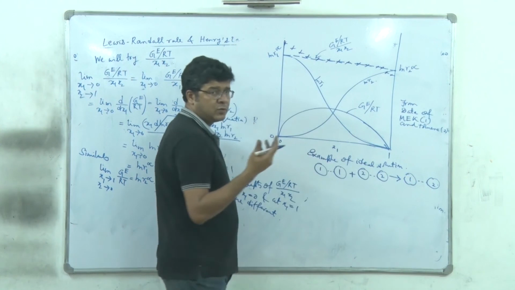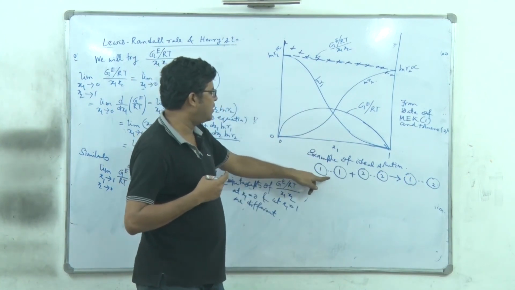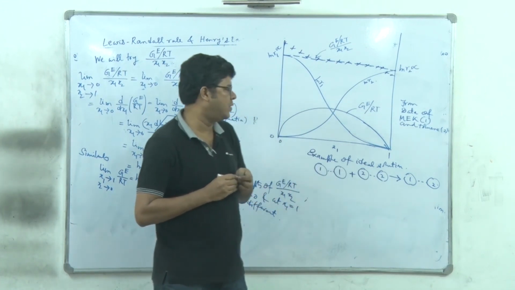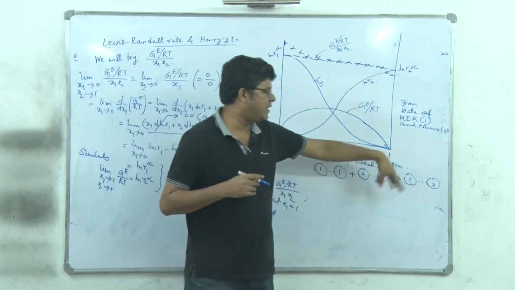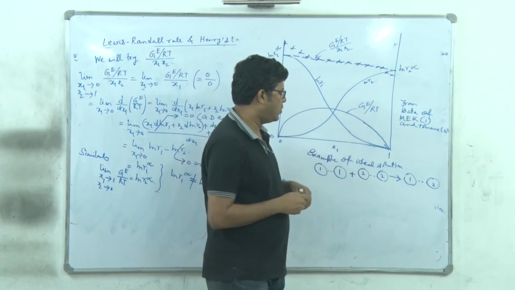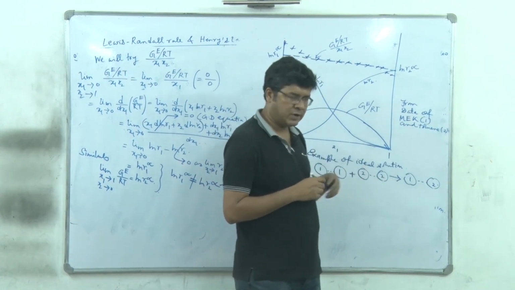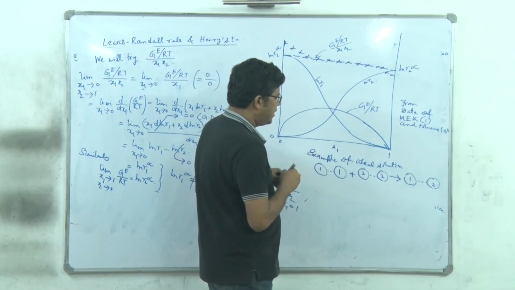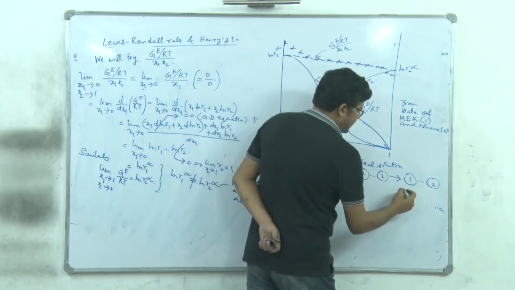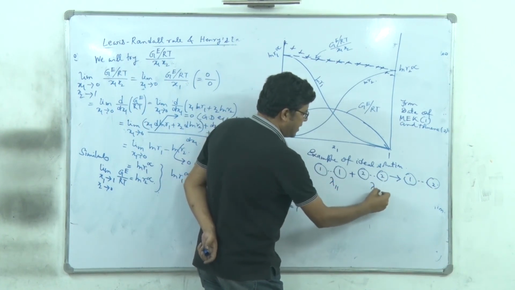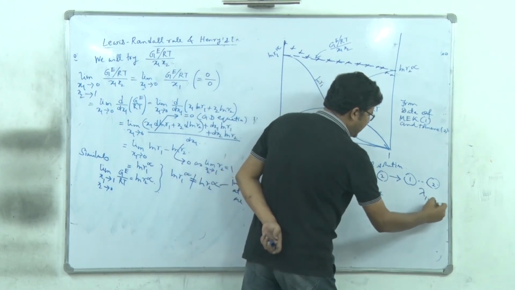This 1 and 2 are two component species molecules. In pure 1 we have 1-1 interaction, in pure 2 we have 2-2 interaction. So we are mixing it up and we are generating some 1-2 interactions, right? Additionally we also have 1-1 and 2-2 interactions. But the question is, when the solution is ideal, if the interaction energy between 1-1 is, let's say, lambda 1-1, and here lambda 2-2, and here lambda 1-2, right?